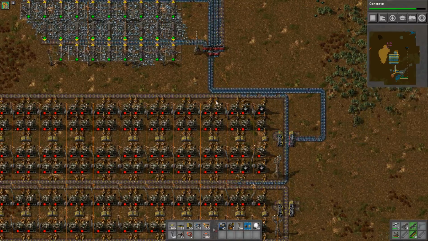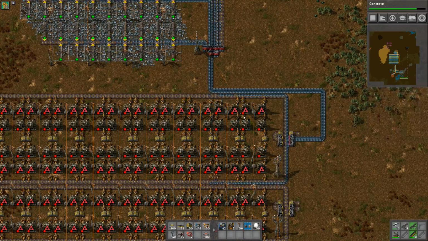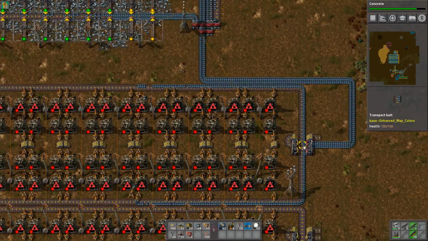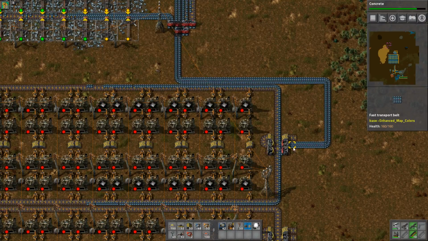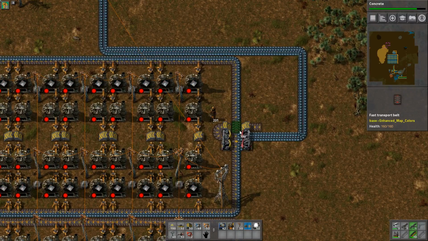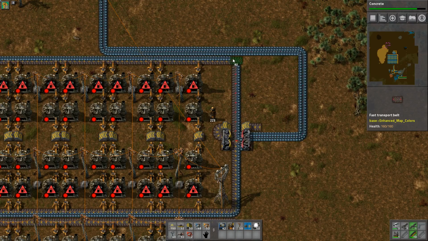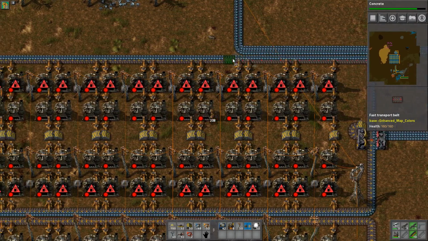Actually, no, we want red belts here too, don't we? Because this is only a half a belt, so there's no way we can make this any better. Yeah, you know what? This has to be red belt too. If we're going to feed it with a red belt, because we're not feeding a single thing. I can't believe that I didn't realize that when I was thinking this. This totally... This would be fine if we had...